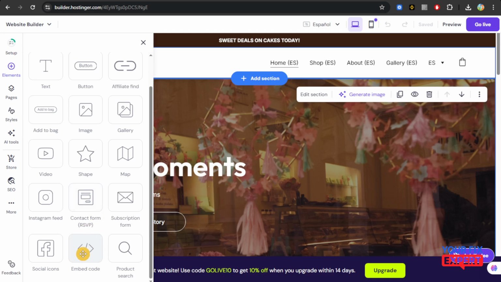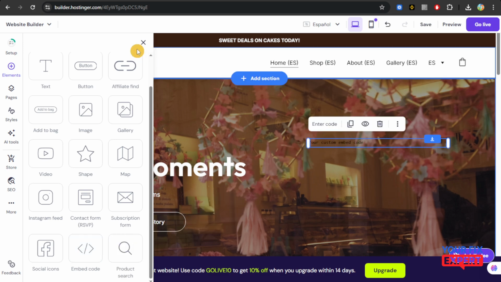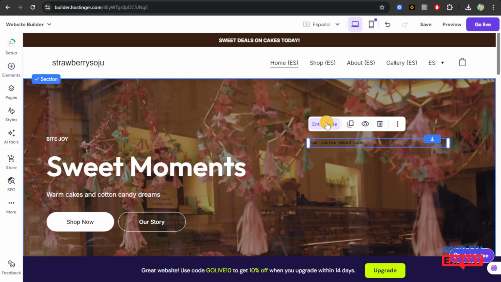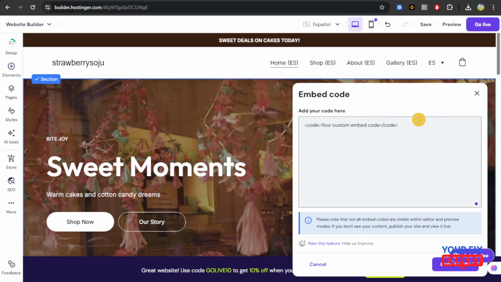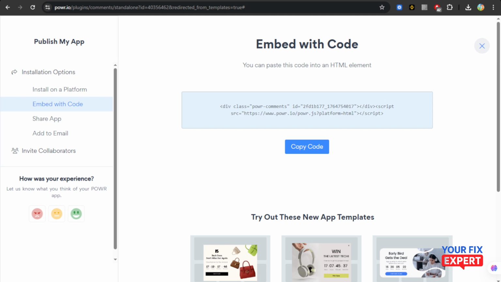Once you scroll down, you'll be able to see it. And then we're just going to drag and drop it over to our page where we want to put it. We're going to click on Enter Code right here, and then we're just going to select all and then delete this custom code. Now from there, we're going to use a third-party app like POWR, which is